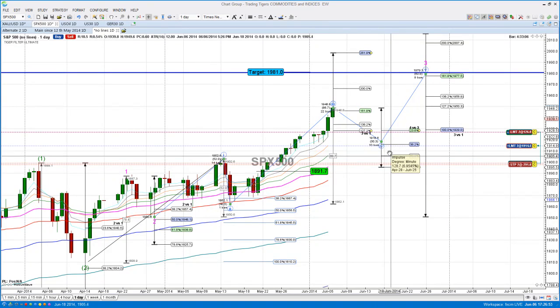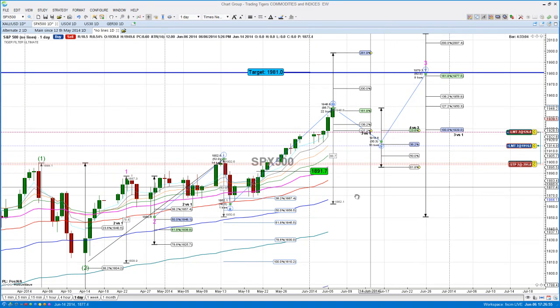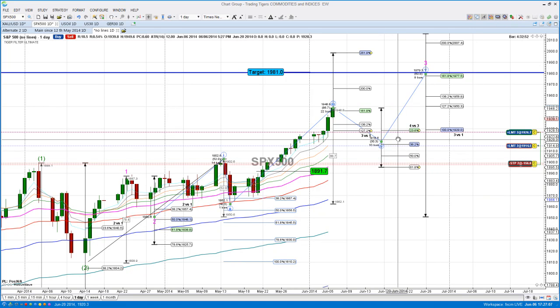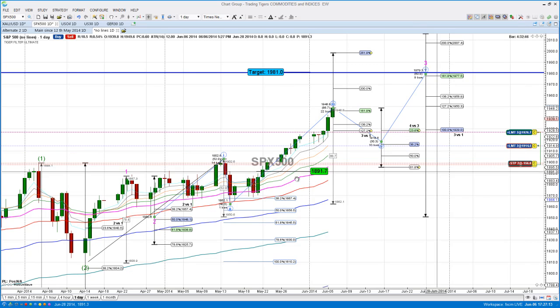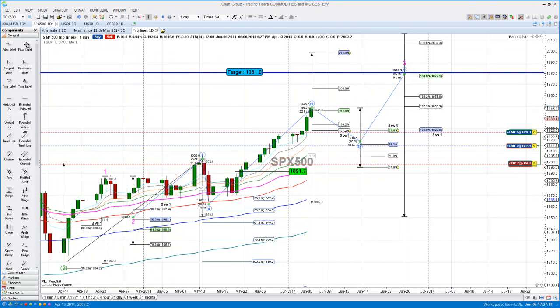That's where we have probably marked it out already. Let's just see accordingly. Yeah, that's exactly where we've got our entry to go long at that position, and we're putting our stop loss tight here. Let me just mark that up for you so you can see where we stand in terms of everything. So we're going to put our entry here